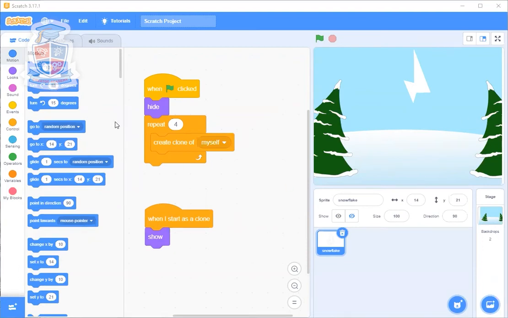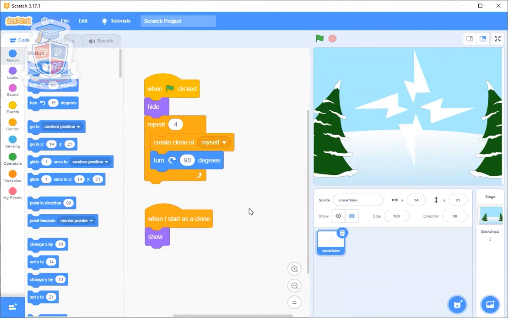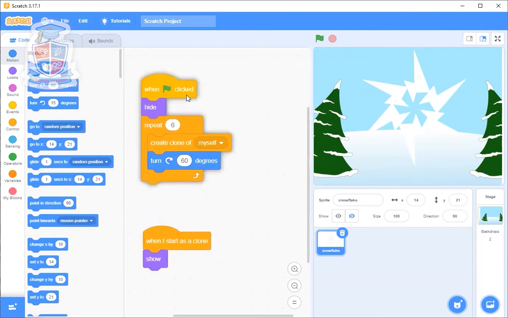All right. So we need to turn 90 degrees each time after we clone ourselves. Okay. Let's see what that does. Bling. See? We now have a little snowflake. But now, let's say I want to have six sides of the snowflake. How many degrees should I turn for 6 sides of the snowflake? The way we solve it is we go 360 divided by 6. So now, in order to make sure that our snowflake is going to work properly,